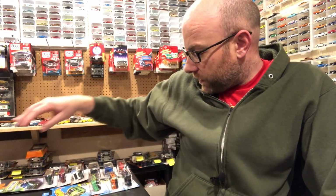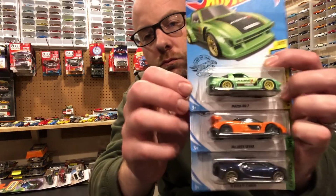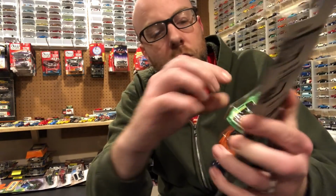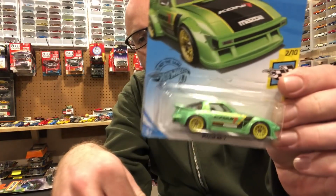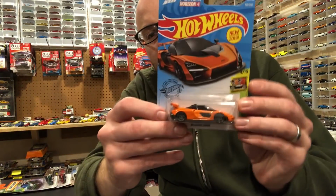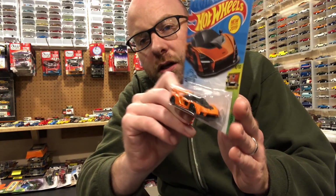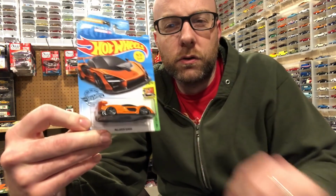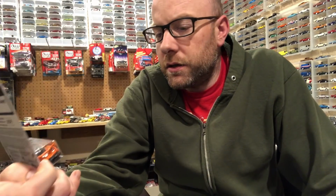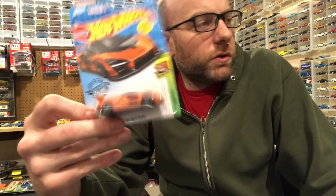I also found some mainline Hot Wheels. These three. We got the Mazda RX-7 in green, and we're going to open these up, of course, in the second segment. We got the McLaren Senna in orange, which looks really cool in orange. The Hot Wheels version, I think, looks a lot cooler in orange than it does in that blue color. Wheel choice is pretty decent on it too, those gray wheels. And then